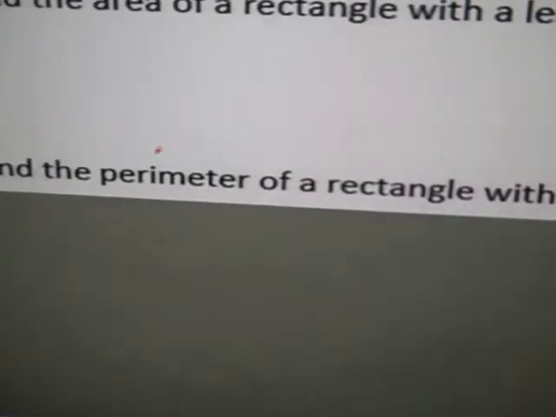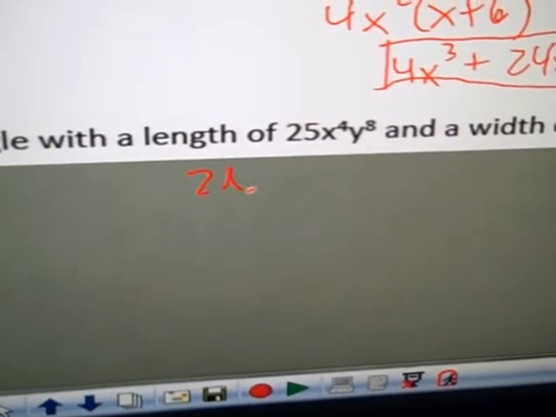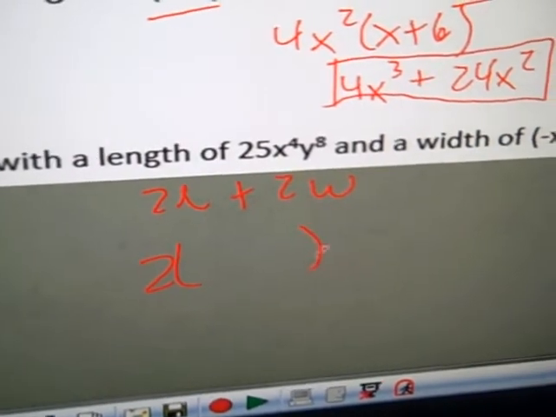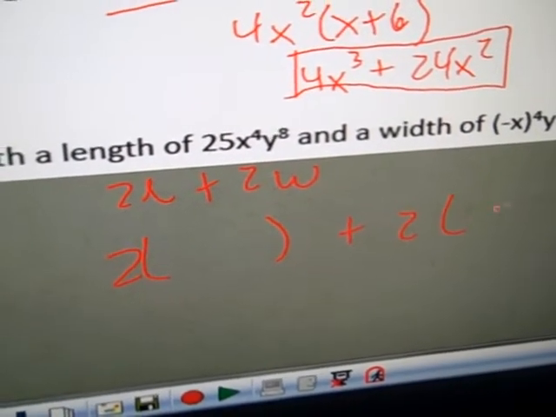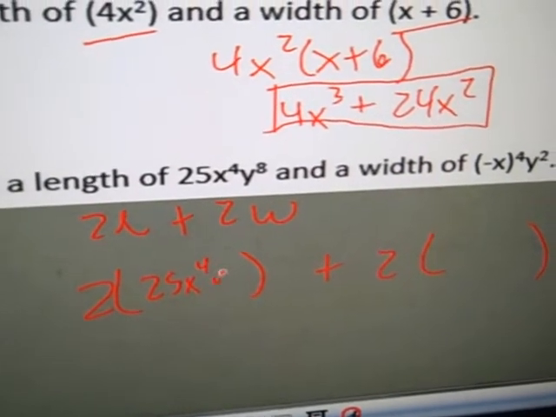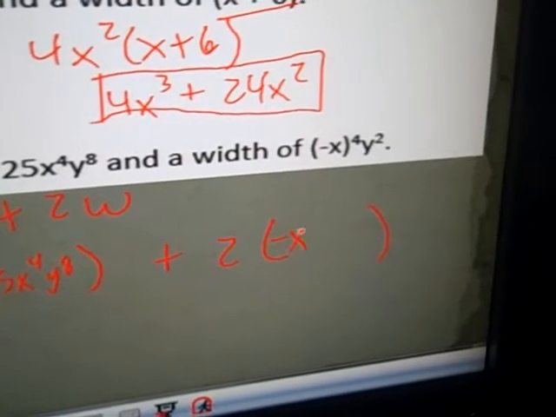Now for perimeter, you just add up 2L plus 2W, and I just substitute what I know L and W are, what the problem tells me. L is 25x to the 4th y to the 8th, and W is negative x to the 4th